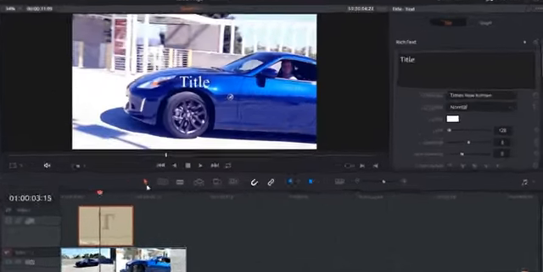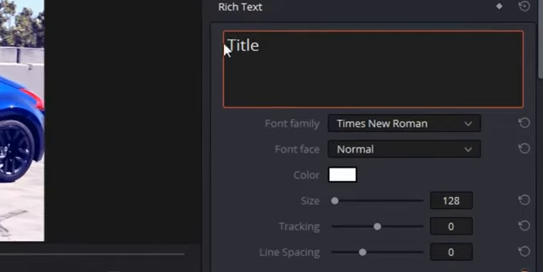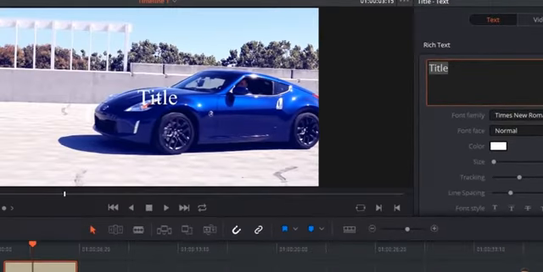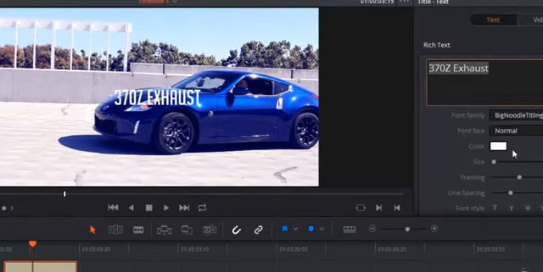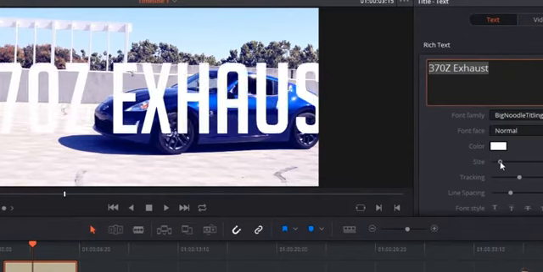Now we can adjust the text. Where it says title, just title it to whatever you want. I'm going to highlight it and put down 370Z exhaust. There you go. Of course, you can adjust the text to your liking. If you want to change the font, you have all the fonts there and all that good stuff. DaVinci is a very good program, and the reason why I like it is because